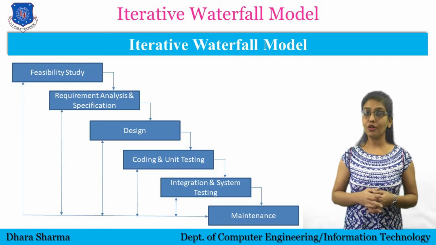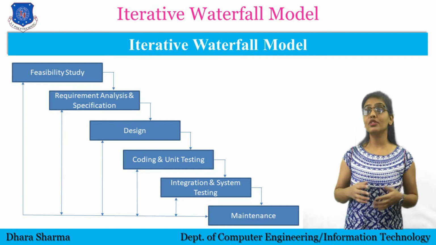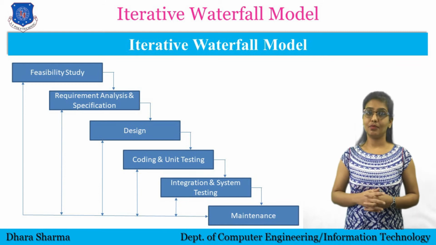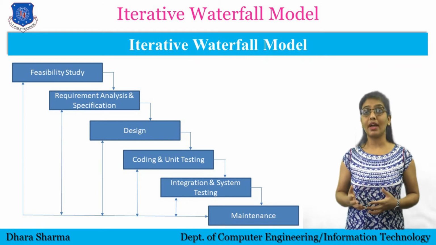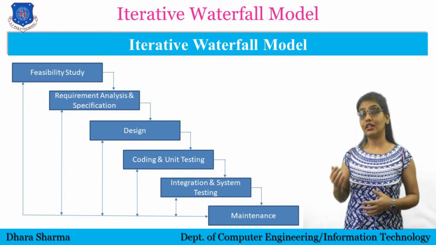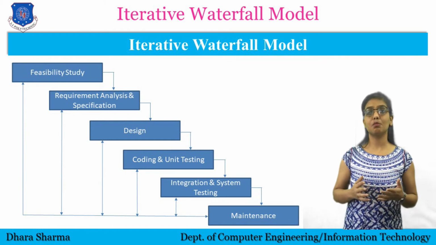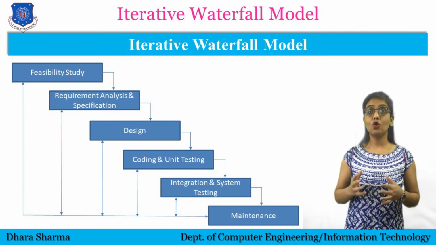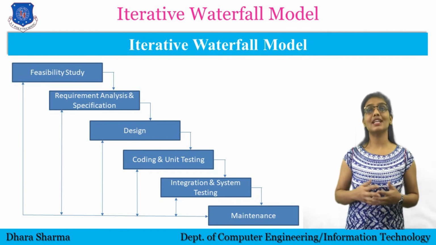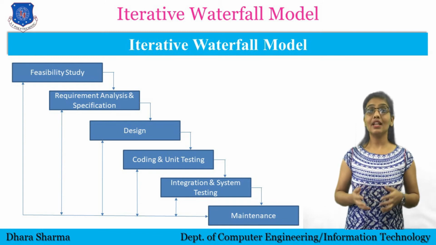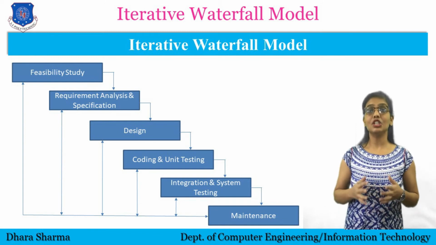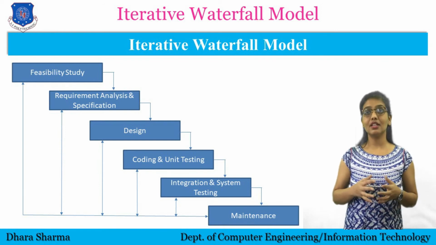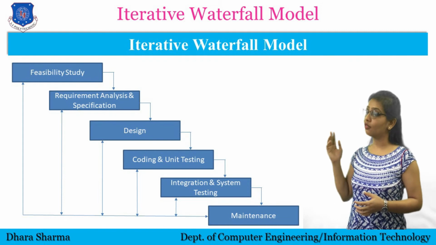So in the iterative waterfall model, you can see the arrows coming from each phase and connecting with a common line. That represents that if you want to go back from one particular phase to another phase in a backward direction, it is possible. For example, from the design phase, one can go back to the requirement phase to make necessary changes if required, and then again go ahead. That's why the traditional waterfall model is a theoretical model, practically not implementable, and this drawback is overcome in the iterative waterfall model.